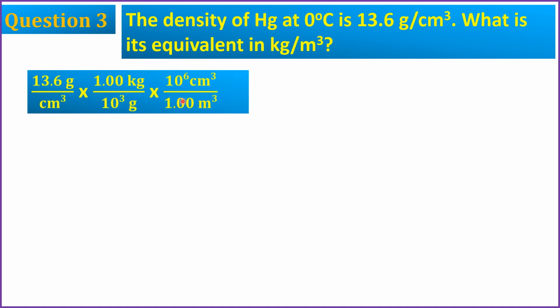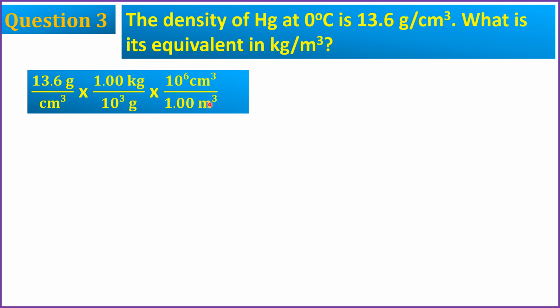So our solution, we write down 13.6 grams per centimeter cube, and then we multiply this by the conversion factor where 1.00 kilogram is equivalent to 1000, or 10 to the third, grams. We put 10 to the third grams in the denominator so that eventually we'll be able to cancel out the unit gram. Now for centimeter cube, our conversion factor is that